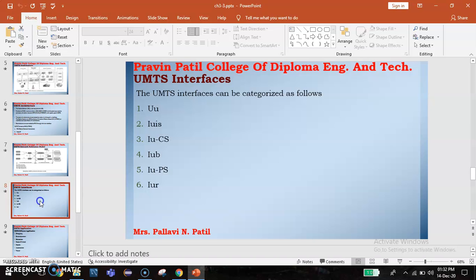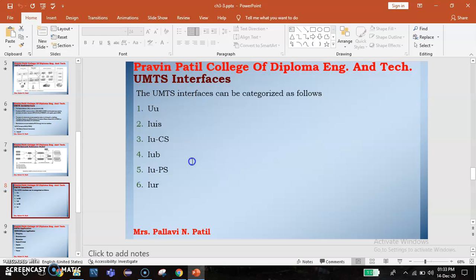Iu is split functionally into two logical interfaces: Iu-PS connecting the packet switch domain to the access network, and Iu-CS connecting the circuit switch domain to the access network. The standard does not require that they be physically separate, but the user plane for each is different and the control plane is also different. The next